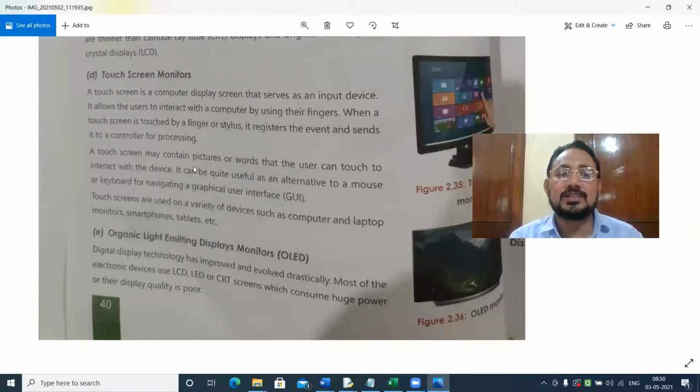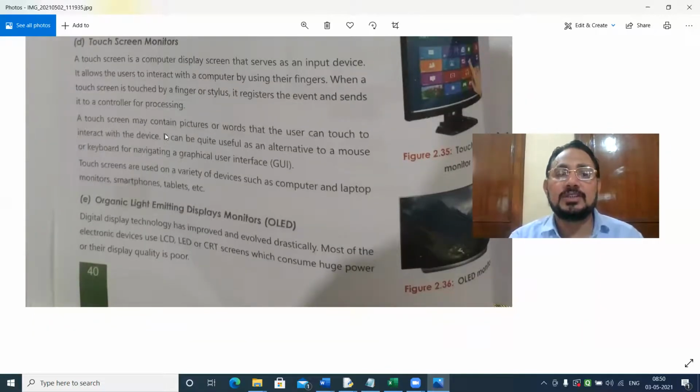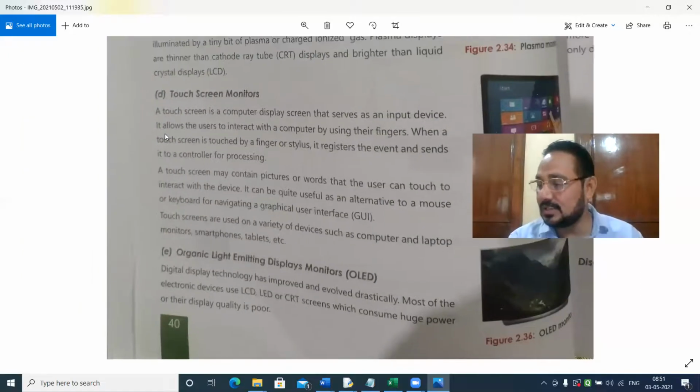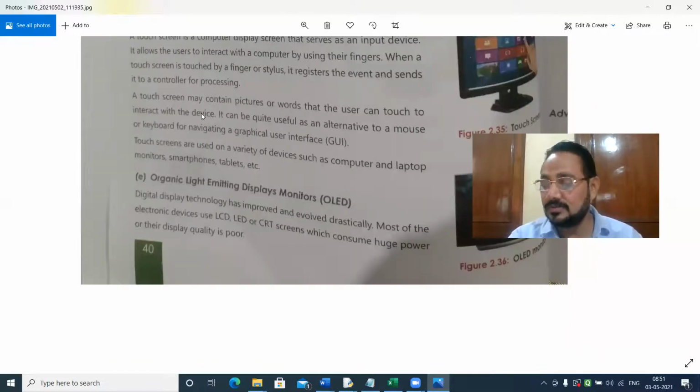When a touch screen is touched by a finger or a stylus, it registers the event and sends it to a controller for processing. A touch screen may contain pictures or words that the user can touch to interact with, and so on. Okay, I have already explained the touch screen device. They are giving it again.